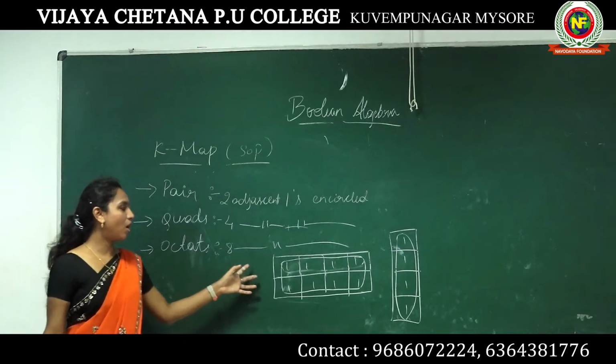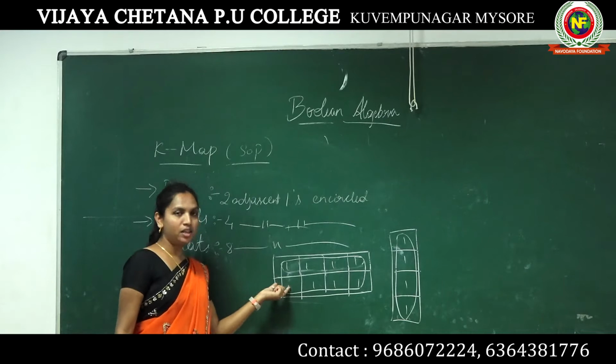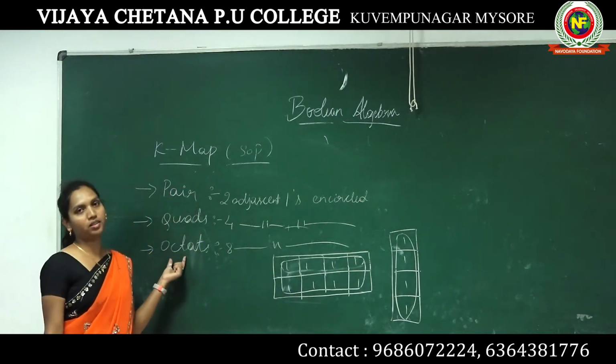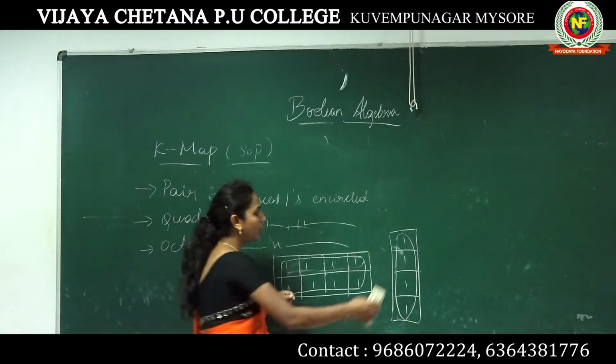So for horizontal, here we have the 8 ones together. We have encircled those 8 ones. That is called an octet. Octet means 8, right? For vertical,